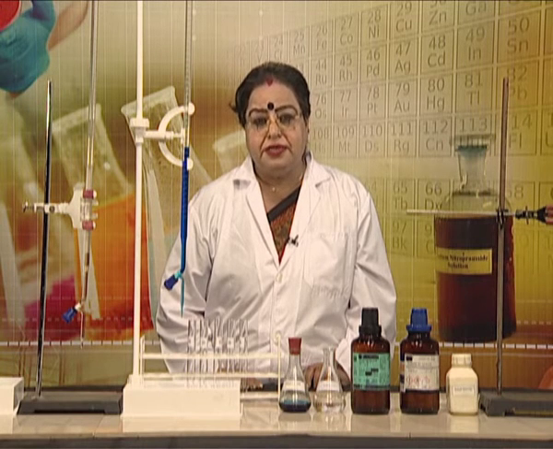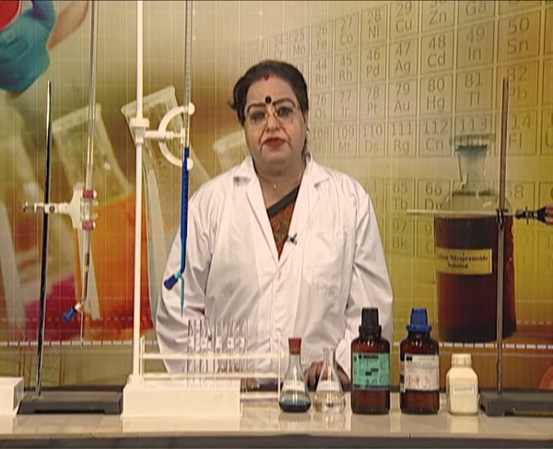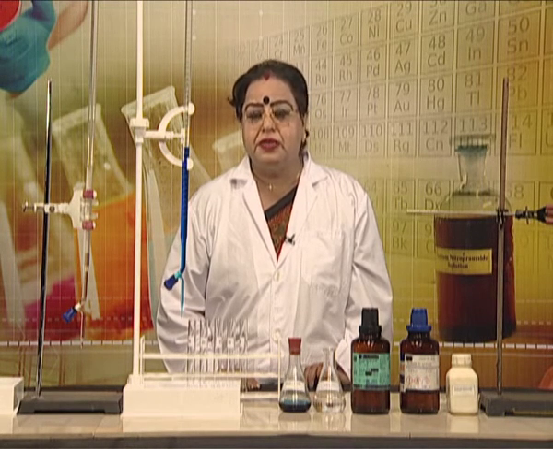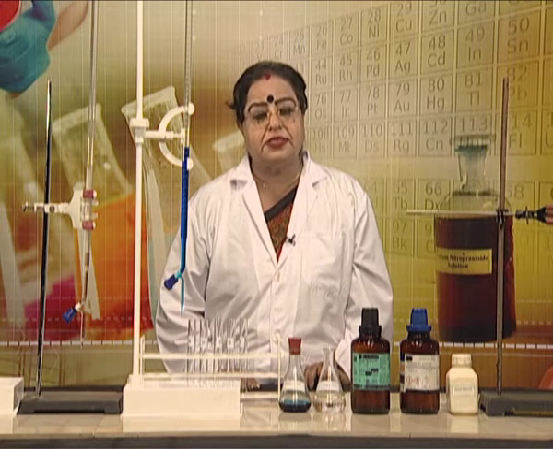Then how to write these reactions? We write them like this. We write A plus B. To write the reversible reaction in which A plus B is giving C plus D, we write arrows pointing in the opposite directions to show that the reaction can either proceed from A plus B to give C and D or from C and D to give back A and B. So, this was the difference when we write the chemical equation for an irreversible reaction and for a reversible reaction, the difference being the kind of arrow being used to differentiate the two kinds of reactions.